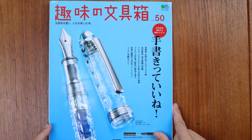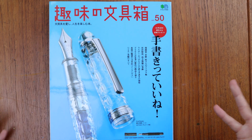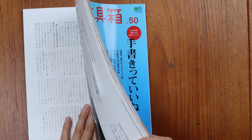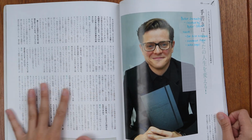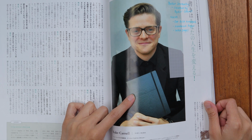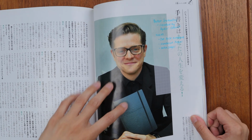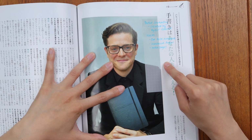I have a little book here. It's not a textbook, but it's the closest thing to a textbook that I could find. And say you are a student trying to commit this textbook to memory. I found a page here that is on Ryder Carroll. He is the person credited with inventing bullet journaling. So if I was a student studying bullet journaling, one way that I could use these Stalogy sticky notes is